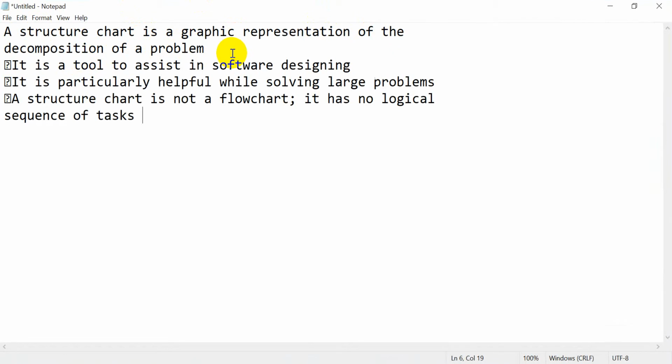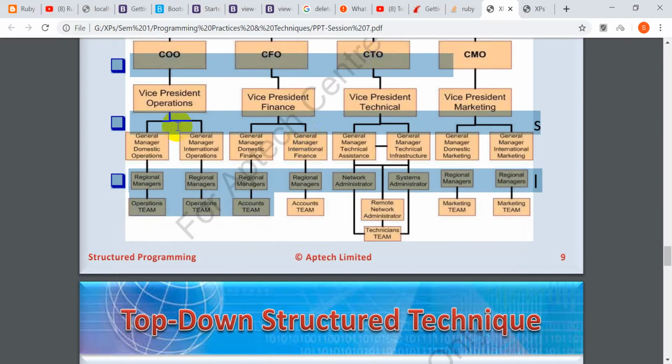So it is a tool to assist in software design. It is particularly helpful while solving large problems. A structural chart is not a flow chart. It has no logical sequence of tasks. So okay,